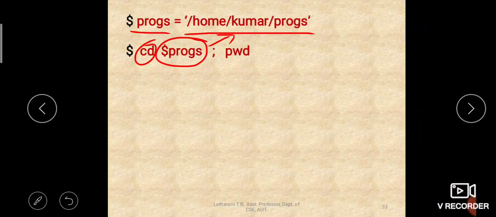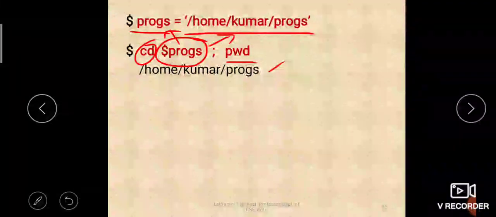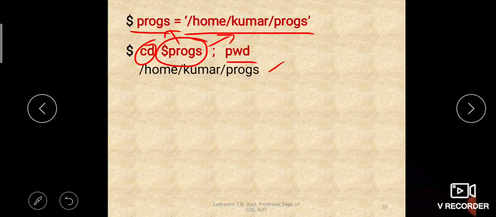So when you say cd $programs, the value of this variable is accessed, and our current directory will be changed to that directory. And when you say pwd, it will show /home/kumar/programs, which is the changed directory. So a whole path you can store in a variable and use it for changing or any other purpose